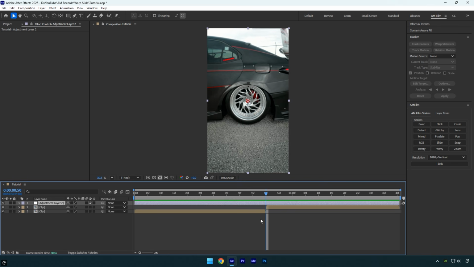Move to the middle of your clips. This is where the center of the transition will be. From that point, we need the adjustment layer to be 40 frames long, 20 frames before the midpoint and 20